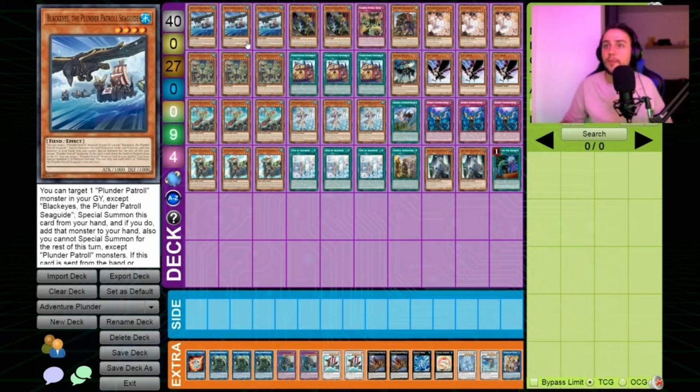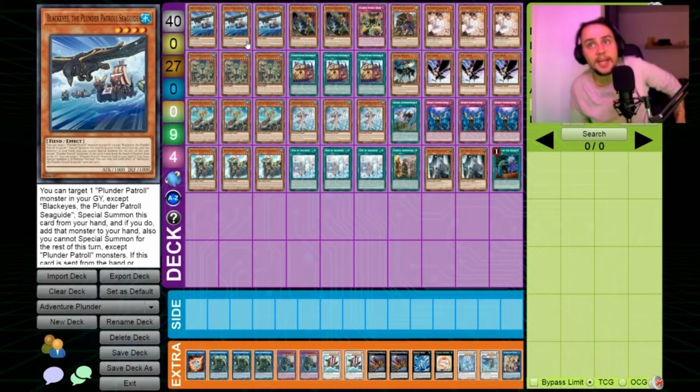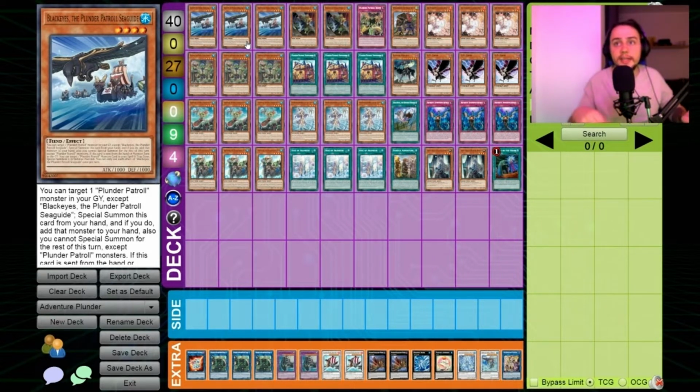So starting off with, in my opinion, the best card of the deck, at least the main deck. This is the newest addition to the deck, so this was a support card that the deck got, and it is Black Ice, the Plunder Patrol Sea Guide. So what this card does, it is correcting a lot of the weaknesses that Plunder Patrol had in the past. What it does is that you can target one Plunder Patrol card in your graveyard, special summon this card, and then add the card from your grave to your hand. So this gives you a little bit of recovery,